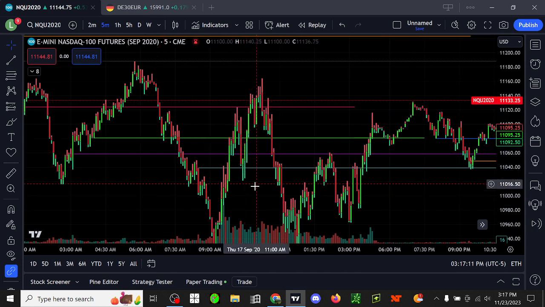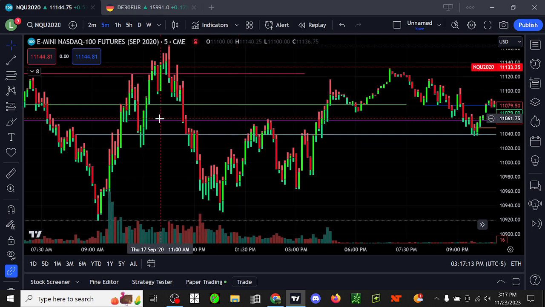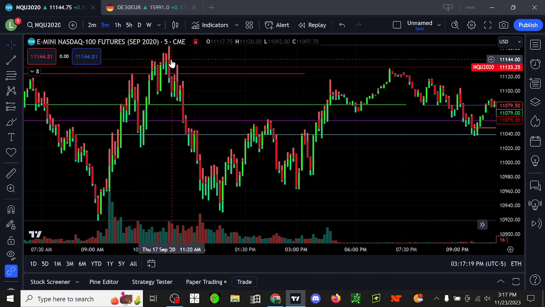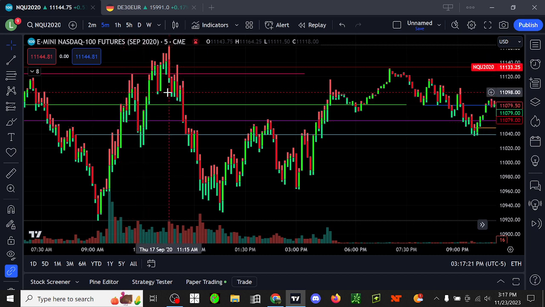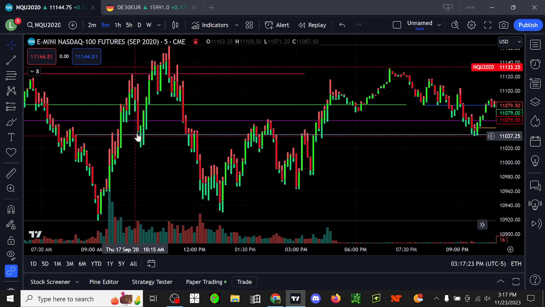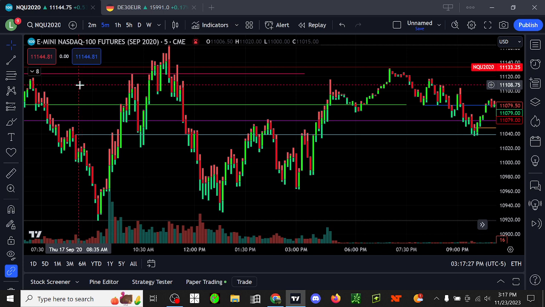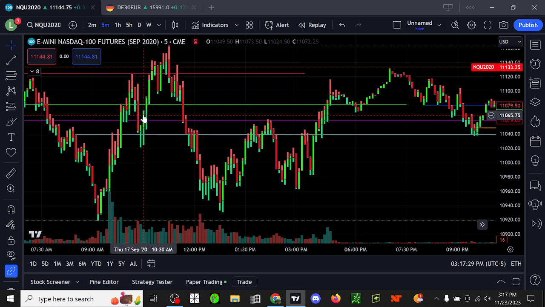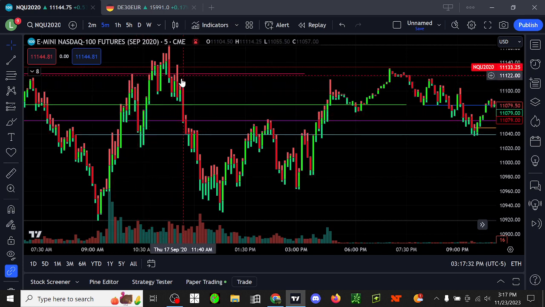Okay, let's look at the silver bullet model. Between 10 and 11 a.m. there should be a fair value gap that gets hit. Well, it does kind of come into this one and then moves further. So I guess that's sort of valid, but there's also a fair value gap right here, and there's an apparent market structure shift right here, in the fair value gap, and it goes up higher.